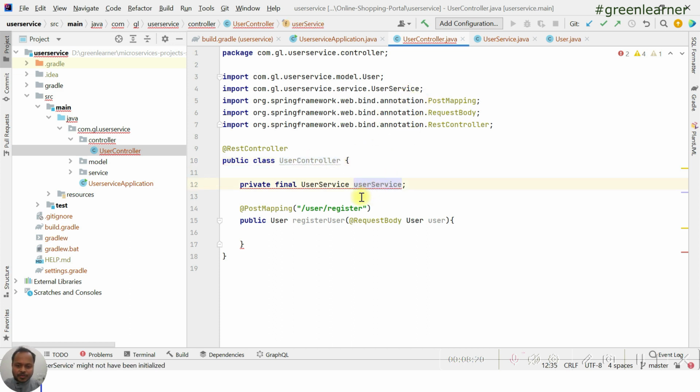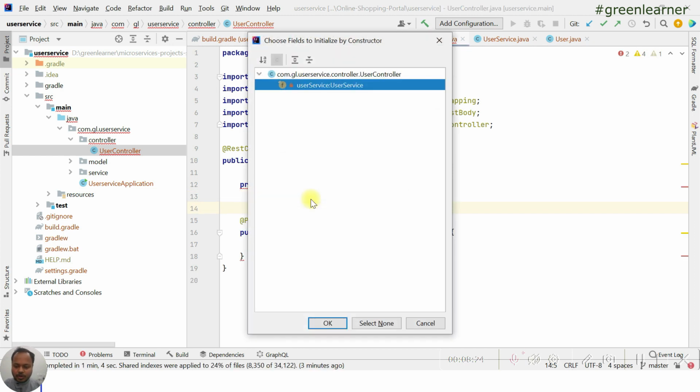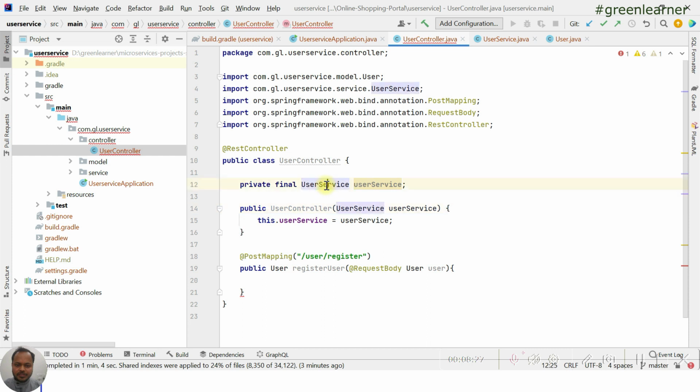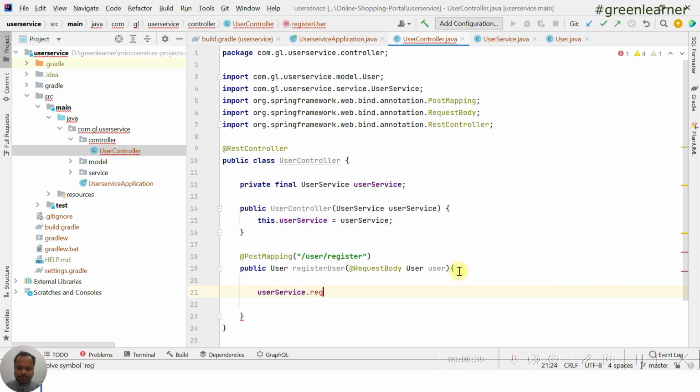yeah, it's fine. So now the next thing is we have to instantiate this one, so the controller needs it here. So user service, and we have created the constructor and added this in the dependency section. Okay, so the next thing is user service, we have this one, and register user.